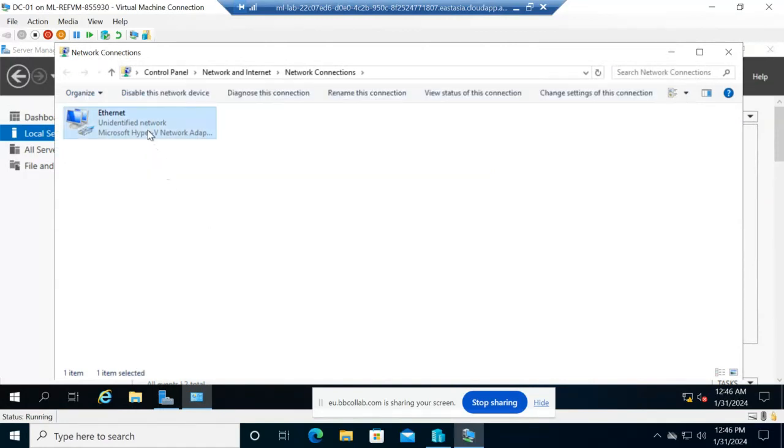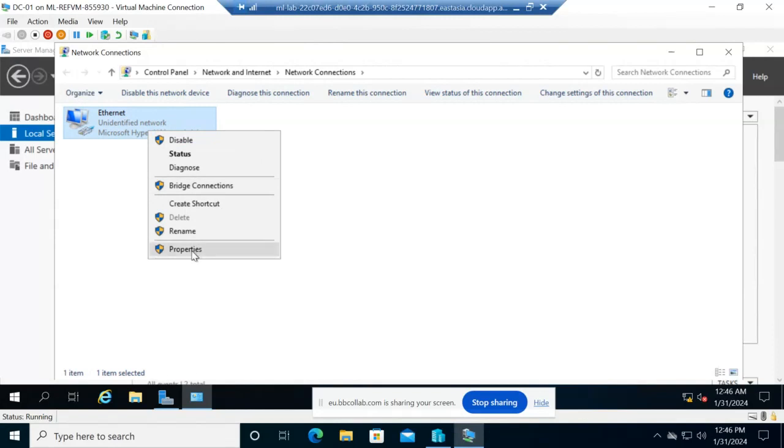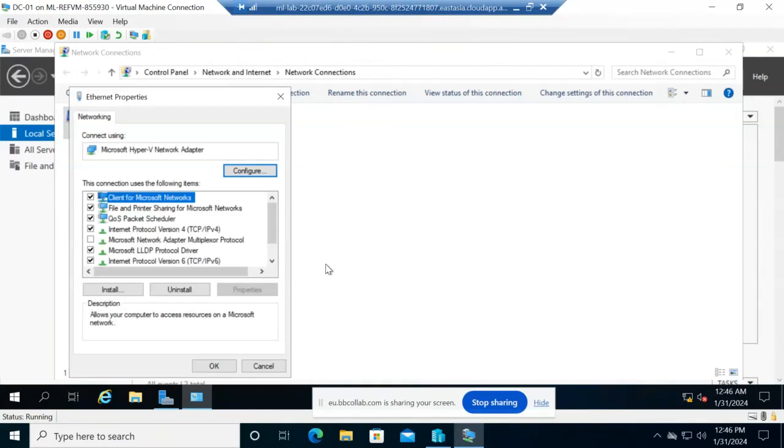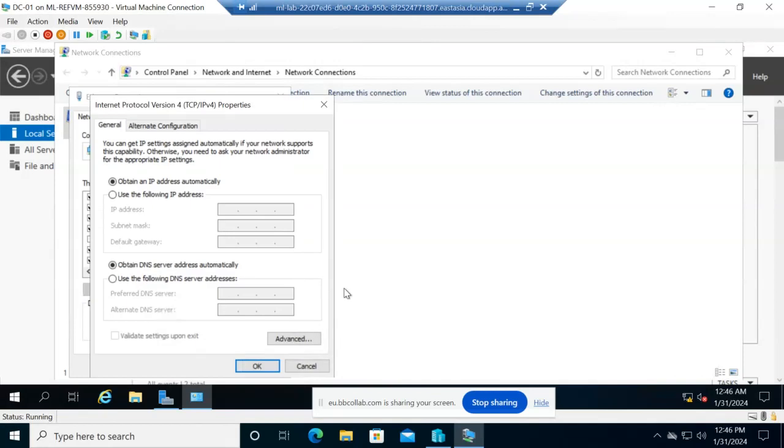To assign the IP address, right-click, select Properties, then choose Internet Protocol version 4. Properties. Use the following IP address. We will use the address given to us in the lab manual, which is